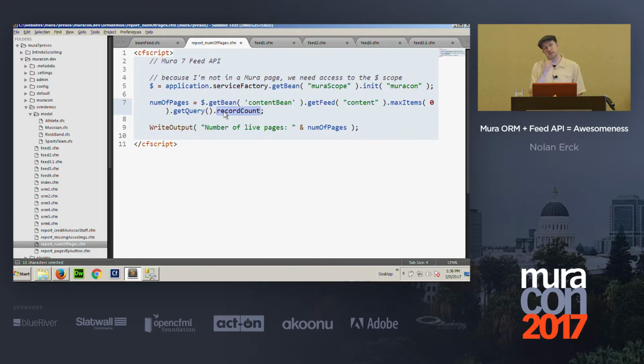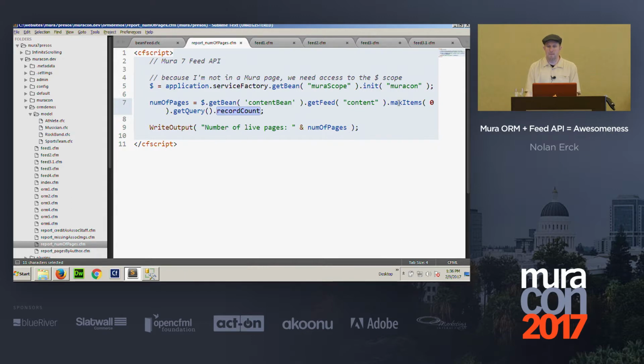You could do this with SQL, but you'd have to remember to turn off, in your where statement, where is active equals 0, where is active equals 1 to get only active pages. If you've got change sets that have or haven't gone live yet, you've got another big chunk of where clause statements to do with dealing with where it might be active content, but it's not yet live on the site because of a change set date and so on. You don't have to do any of that anymore if you wanted to get a report. You just run your feed,